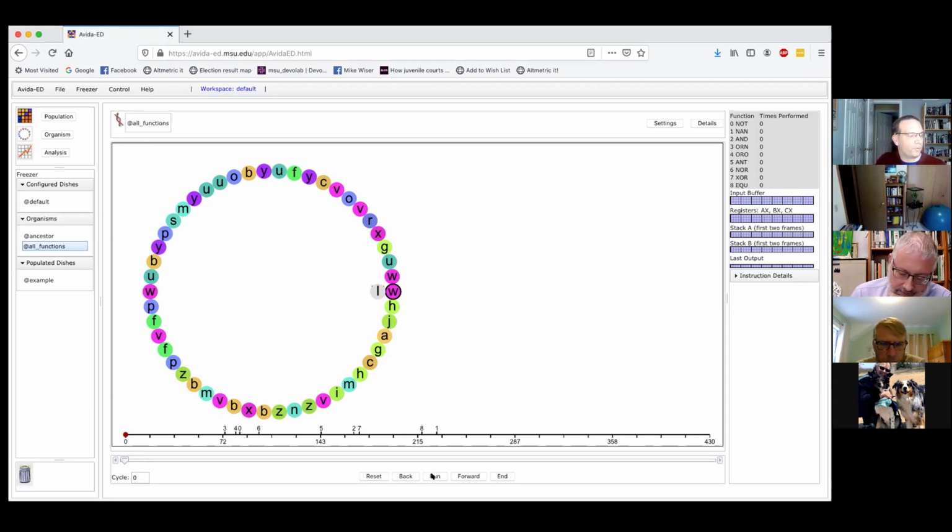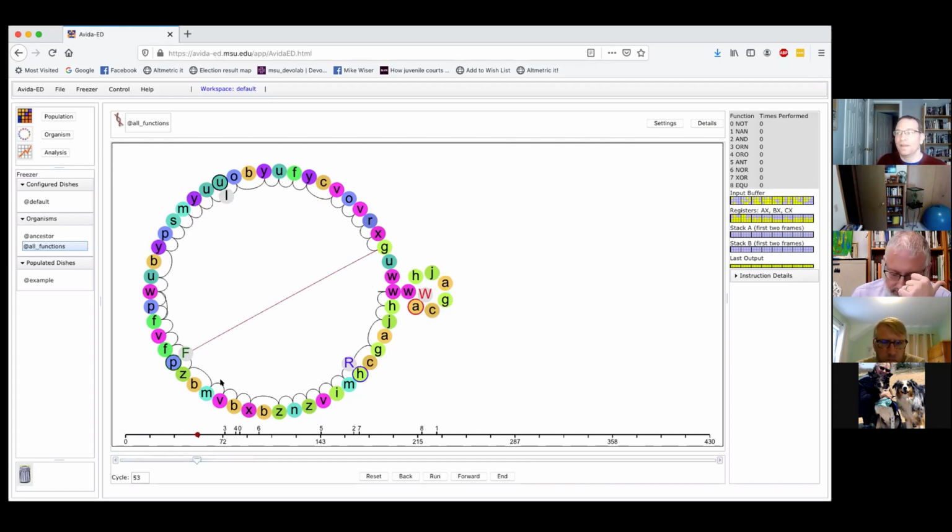Now, if we go through, we can run the organism. We can also stop it wherever we feel like. You can see that this has started going through, and it's now in this looping structure. And this looping structure of this organism looks slightly different than the ancestral organism. The ancestral organism is looping over a much smaller part of its genome, and it's just using that to build the offspring. But here, it's looping over part of its genome where it's doing things other than just building an organism. There's computation going on here.